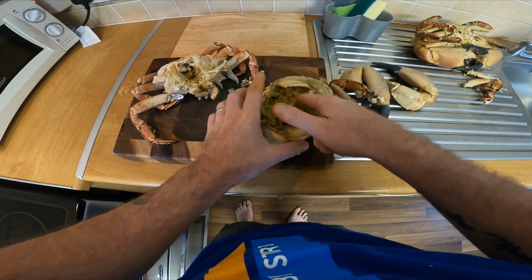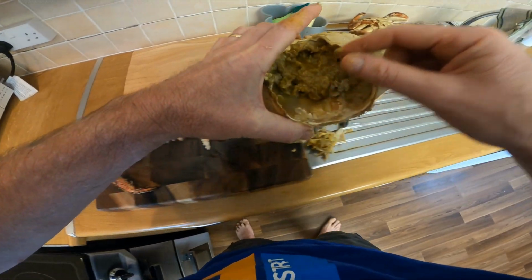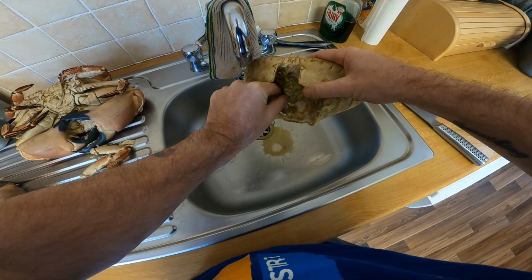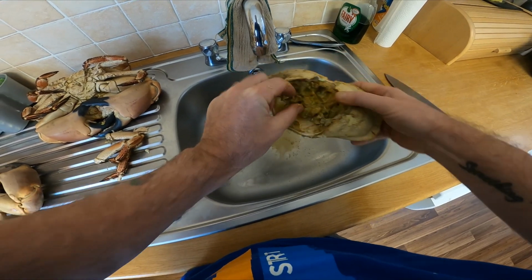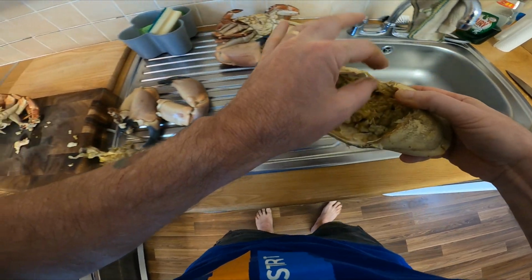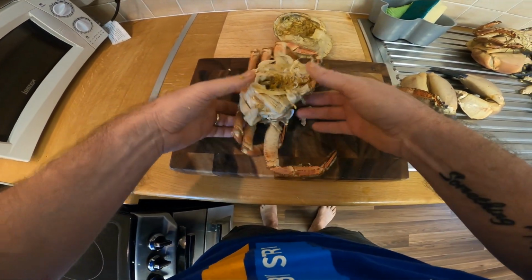So anyway, that brown meat you can eat. You can eat it on its own, or you can mix it in. That's the stuff that they brought in a lot of, like Shipman's crab paste. It's strong crab flavour, but it looks minging, but it's actually nice. It's quite strong. If you want pure white meat, you just get it out of the crab. So then what I do next,